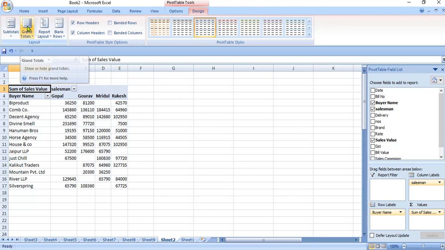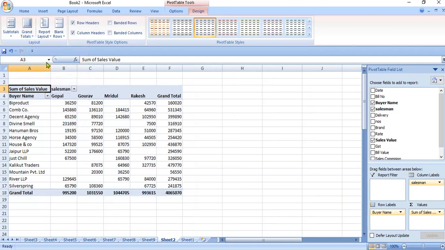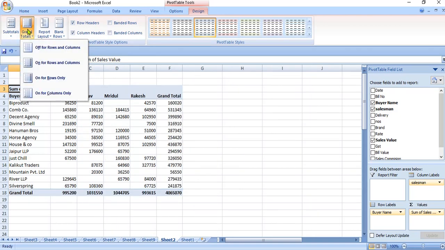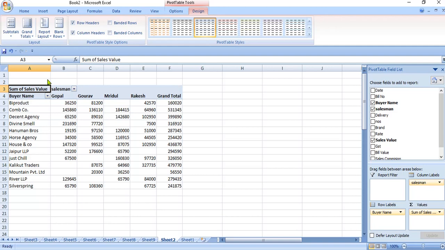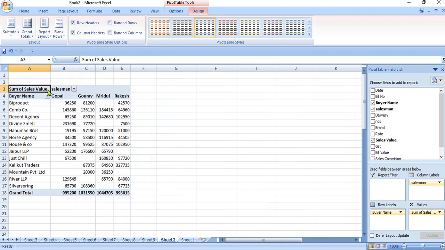If we want to show the total of row and column, we can select on for rows and columns. If we want to show it for rows, we will select only for rows. So we have row total. In the similar manner, by selecting grand total for columns only, we will have total of columns only.